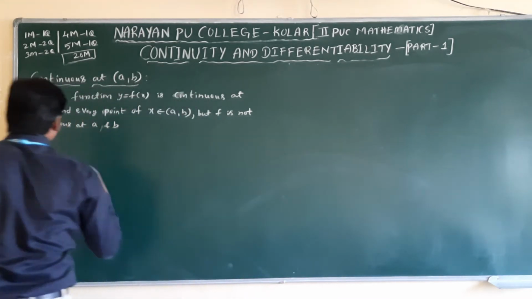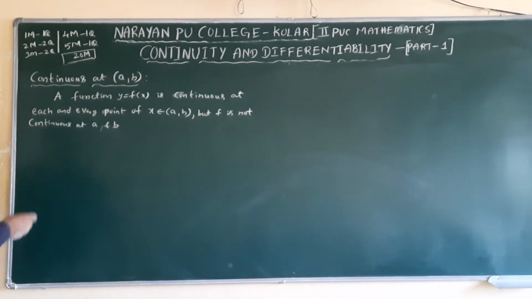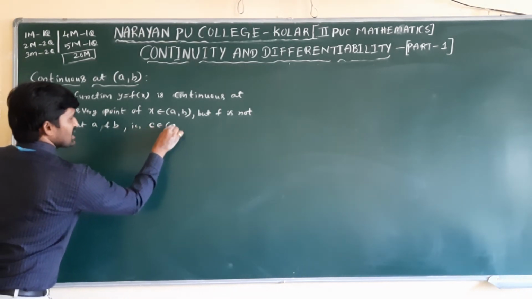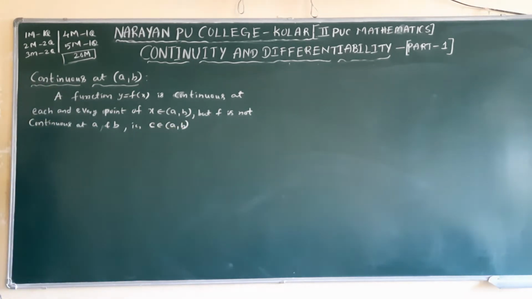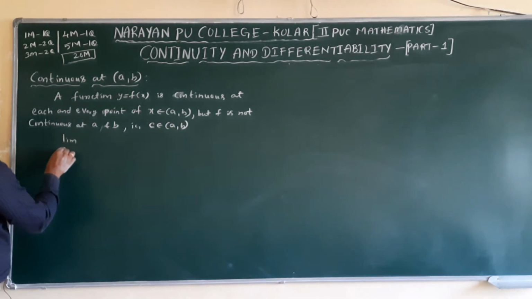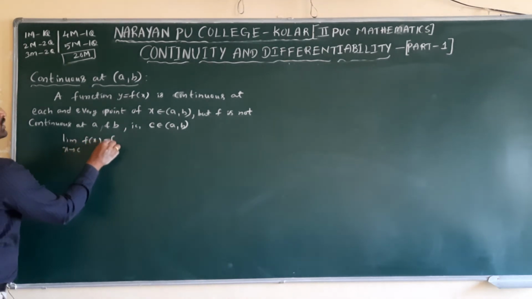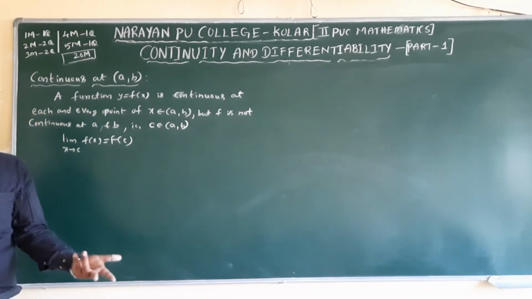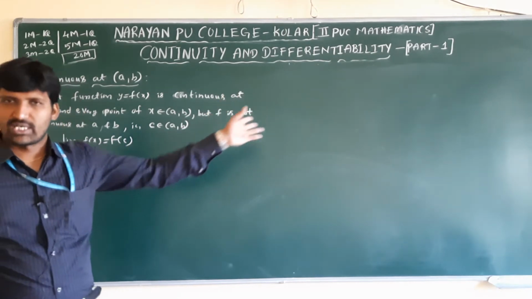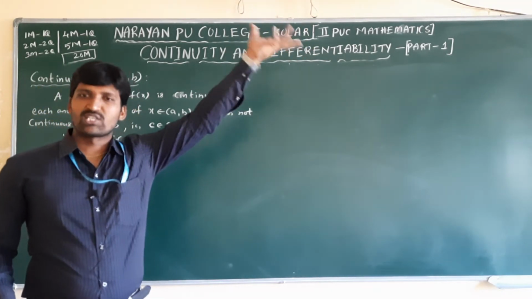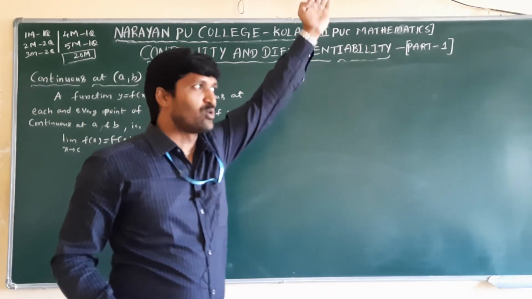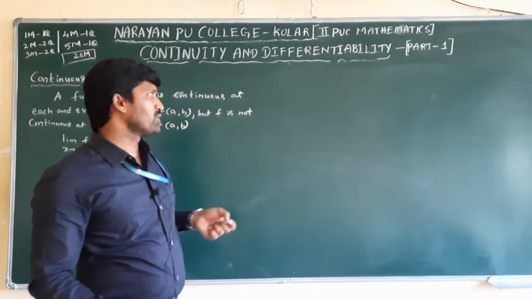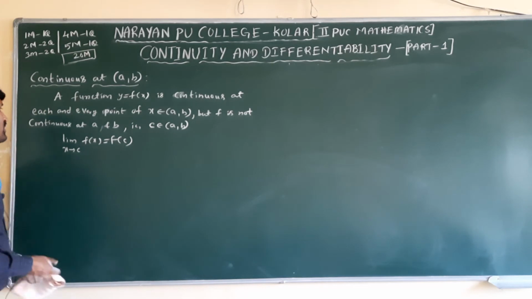Now in this case, how to do it condition-wise? If I take x as some c which belongs to the open interval a comma b, how to verify in this case? Limit as x tends to c of f of x equals f of c. C is clearly lying in between a and b. C can be any value, because from a to b, take 2 to 3, how many values are there? An infinite number of values, from 2.0001 onwards up to 2.999. So many values are there that we are not able to check every point. That's why we are taking one symbol, c. Okay. Next.